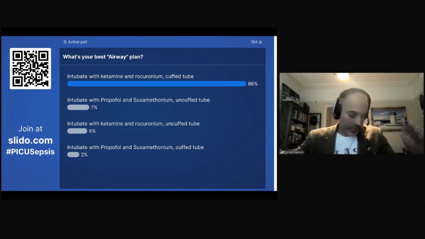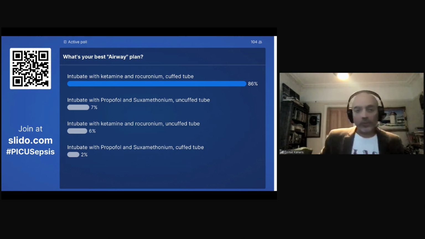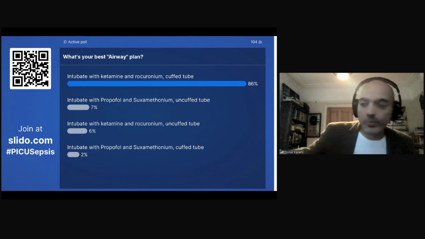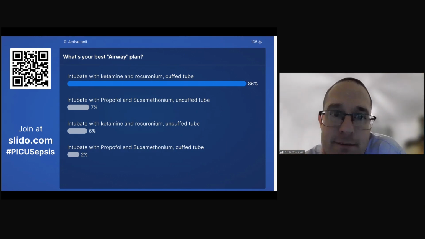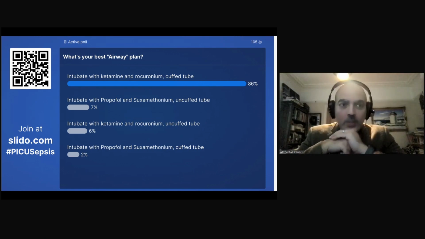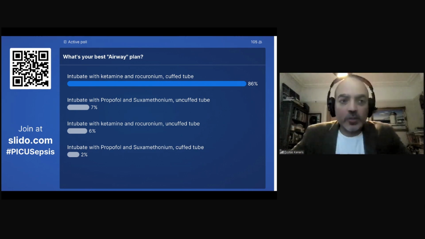Can anyone in the group tell us why we might prefer a cuffed tube to an uncuffed tube? I think you really want to intubate once and once only. And if you have to up or downsize the tube, that's no good. Yeah, absolutely, excellent. So cuffed